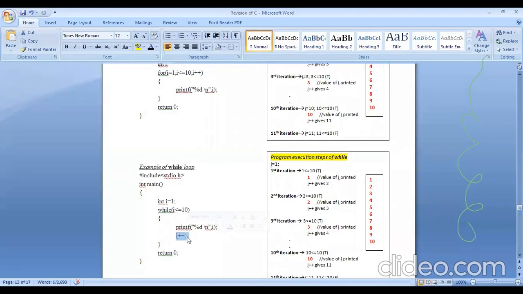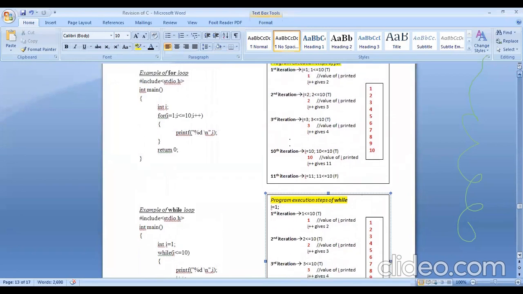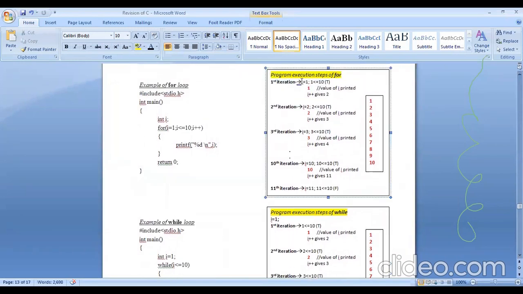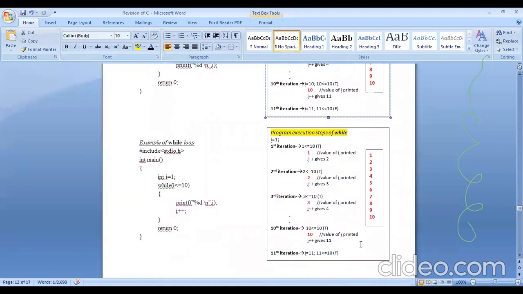So if you look at the execution steps for while, it is again the same, provided initialization, which in the former example was done here with the iteration, is done prior to the while statement here.